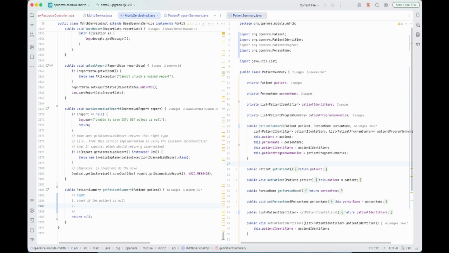So I'm going to fetch preferred patient name. That will be returned because there's going to be just one person name actually. Then we have identifiers. Attach all identifiers, and